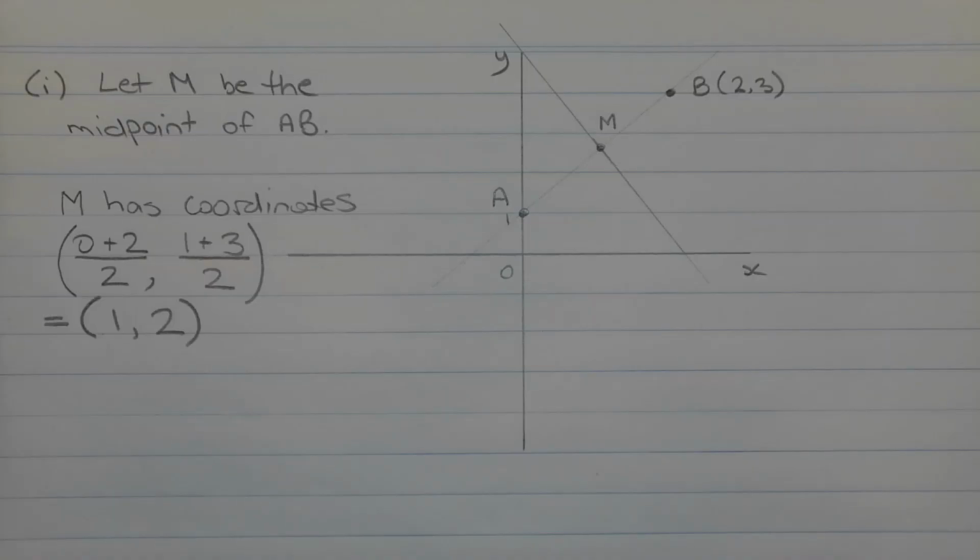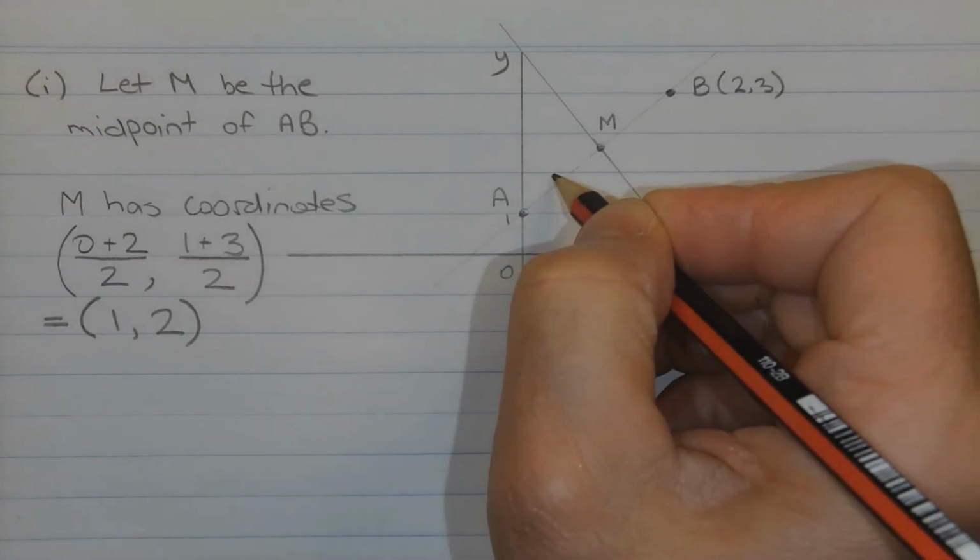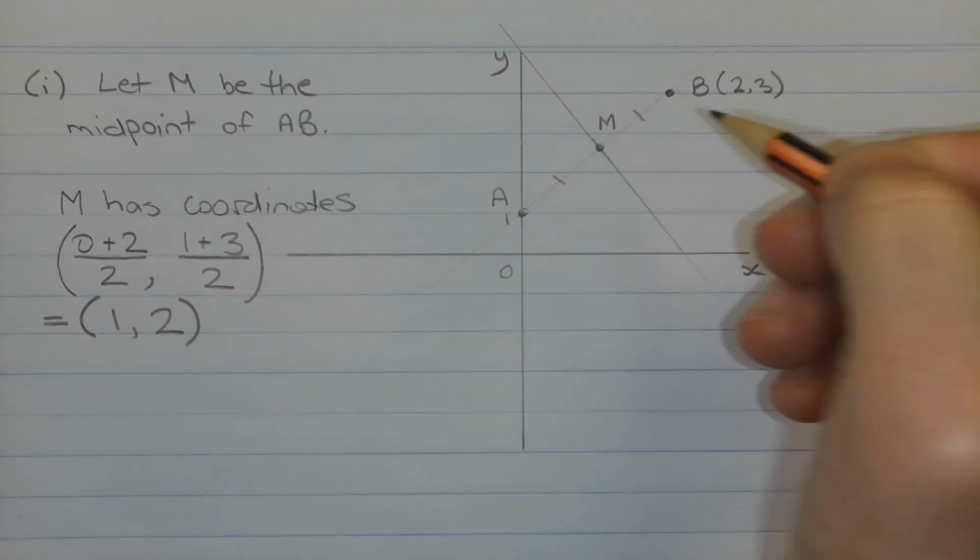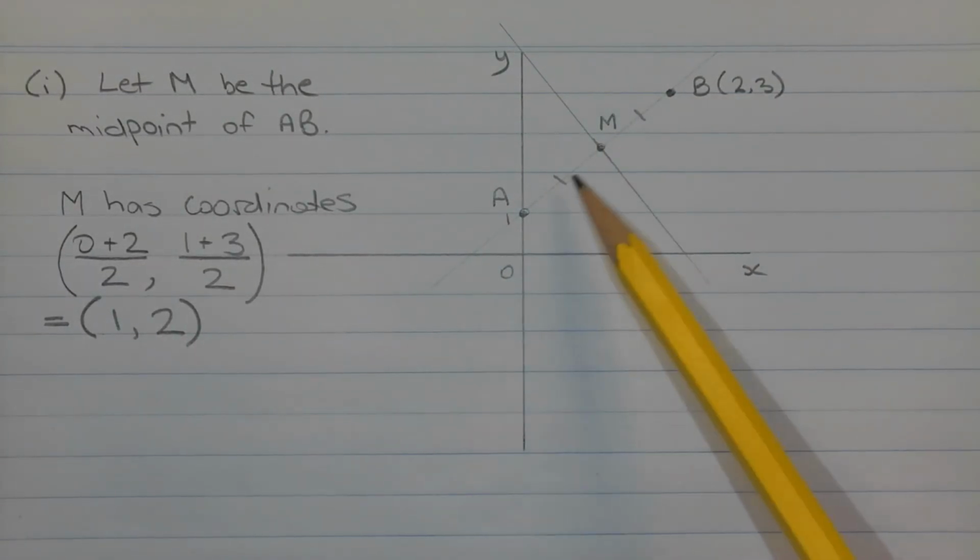To help with visualization, I've sketched a number plane and shown the 2 points A and B roughly located on this number plane. So here is point A with coordinates (0, 1), so it happens to be a y-intercept of the line through AB. And here is point B with coordinates (2, 3). I've let capital M represent the midpoint of AB. And I'm going to show that also by drawing these dashes here as well,